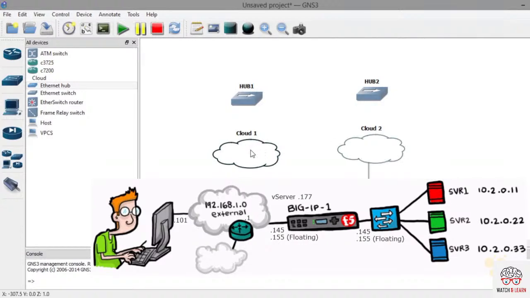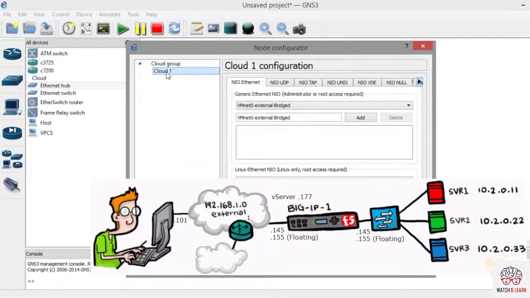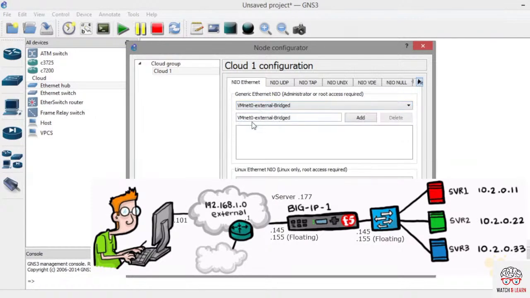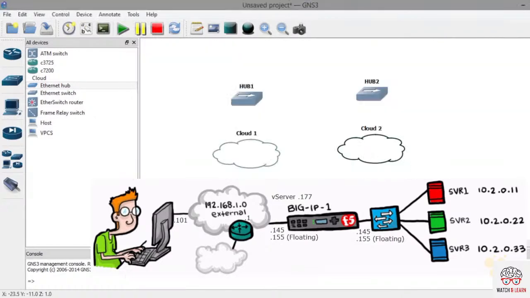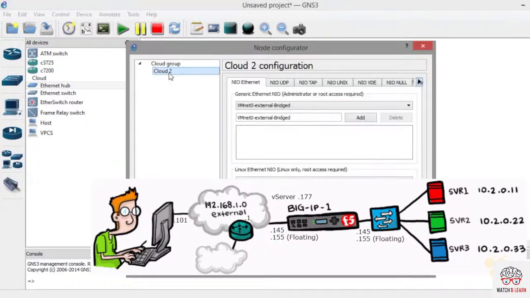So for Cloud 1, we'll right click, go to Configure, select Cloud 1, go to the network interface cards and say that's going to be the external bridge network, VMnet 0. We'll click on Add, and then we'll click on OK. Next, we'll go to Cloud 2. We'll right click on Cloud 2, go to Configure, and then click on Cloud 2 yet again,